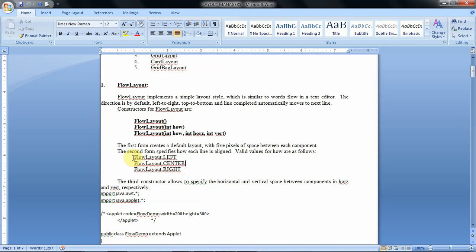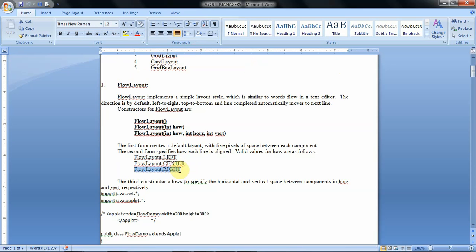So that we can specify by using these constants. Left is nothing but, if we give this value, the component arranging starts from this position. Suppose we give center, the first component is placed here. Suppose the second component is placed, then that is moved towards left and the next one is placed. Like that the total line is filled.